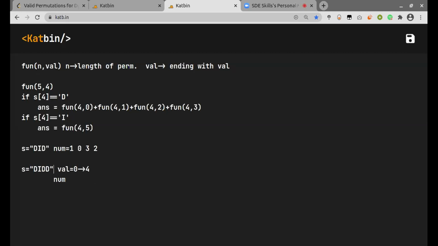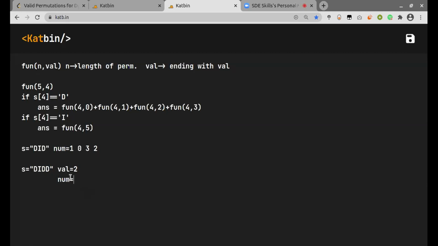Yeah, that's right. So let's suppose I want 2 as my last number in my new sequence, which I construct from the previous sequence. Now if I want to add 2 at last using my previous sequence, I can see that 2 was already repeated here. And if I add 2 again, then there will be a duplicate here, and again my condition won't be satisfied. But if we look at this closely, we need a decreasing sequence.